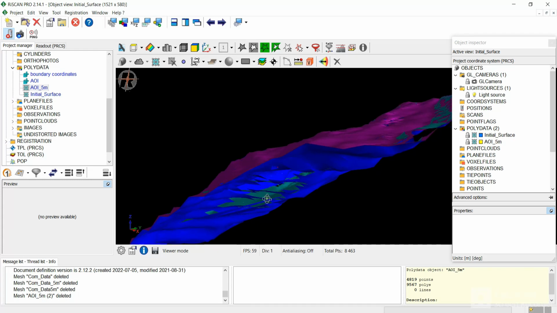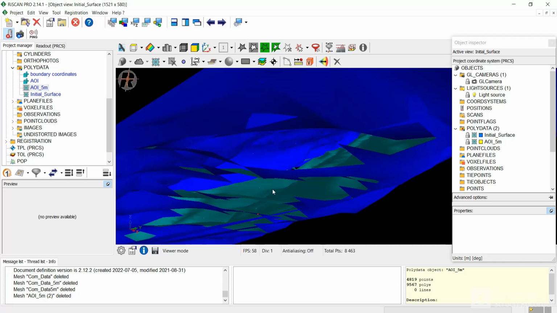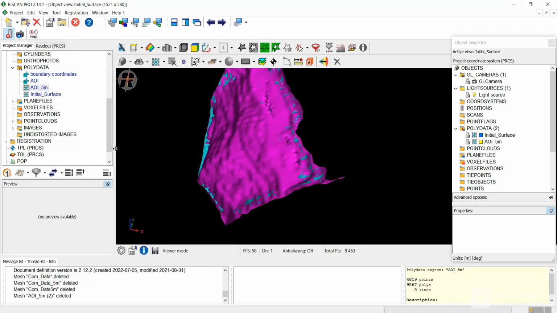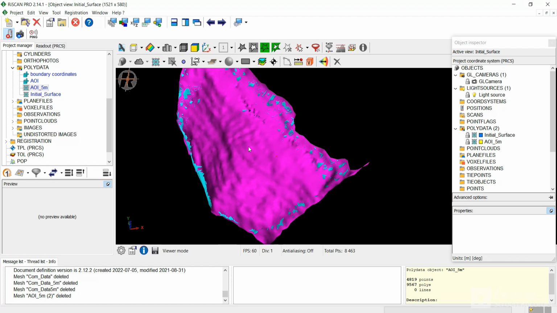As you can see here, there is a cavity. If you look closely by zooming in, you can see a cavity between the initial surface and the final surface here, and this is what we are going to calculate. This is the volume we are going to calculate. So for that, firstly we have to open both the initial and final surfaces. As you can see, I have already opened them, and the next step is to create a datum